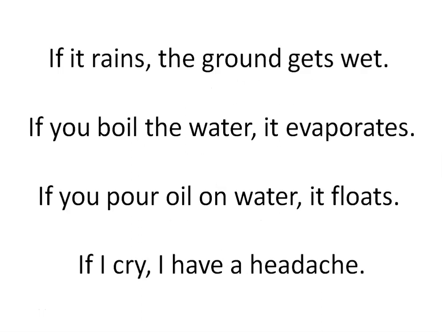If it rains, the ground gets wet. Here we can see four examples, and in all the four examples we can see a comma. That comma divides the two clauses. One is a main clause, the other is an if clause. The condition is if it rains, and the result will be the ground getting wet. And here we can see the simple present in the first clause and the simple present in the second clause.